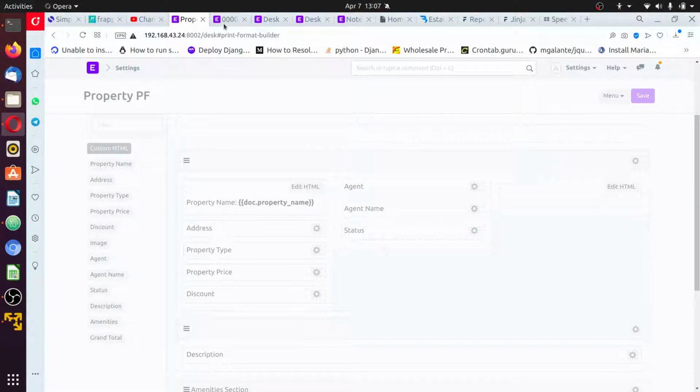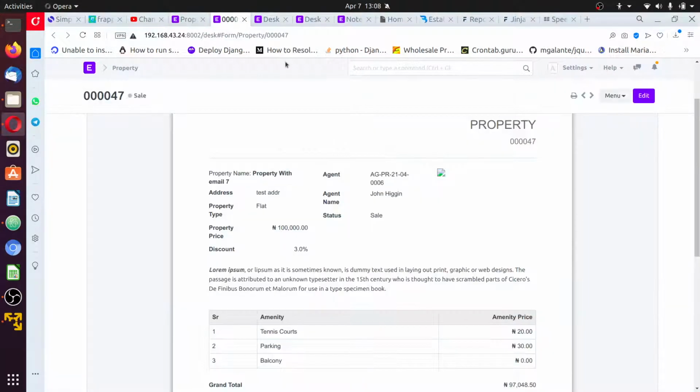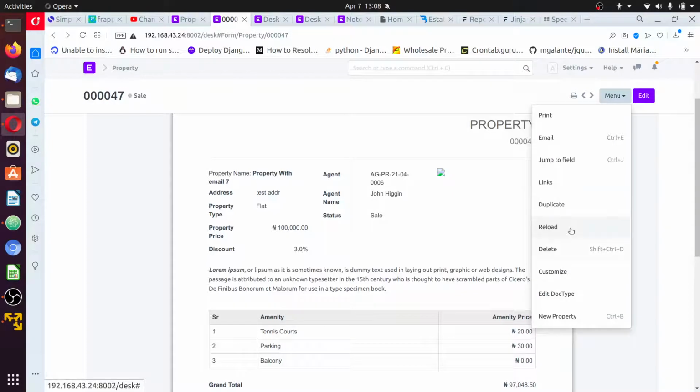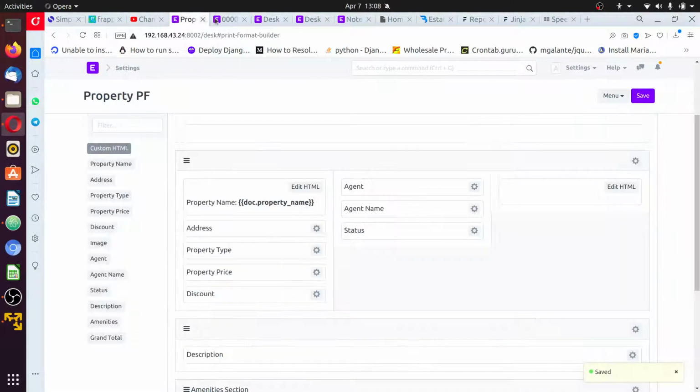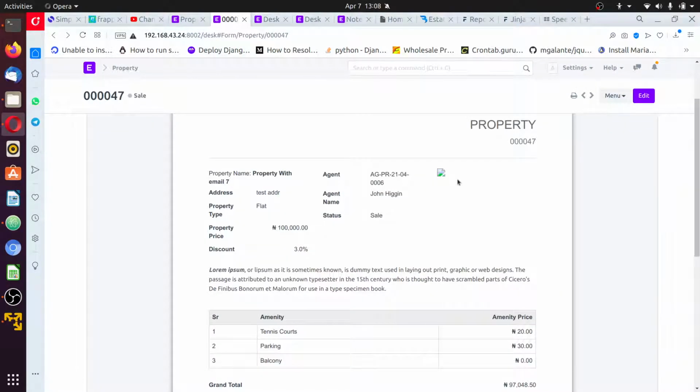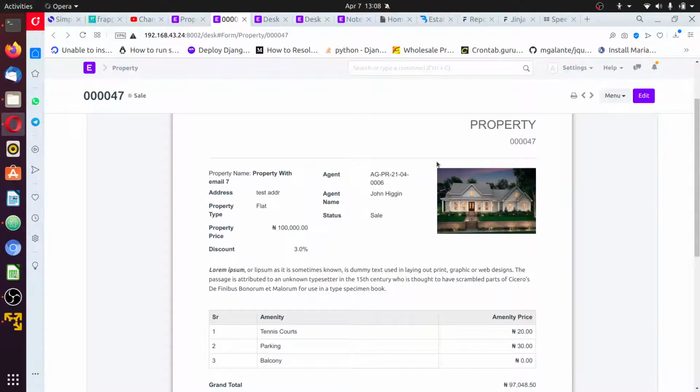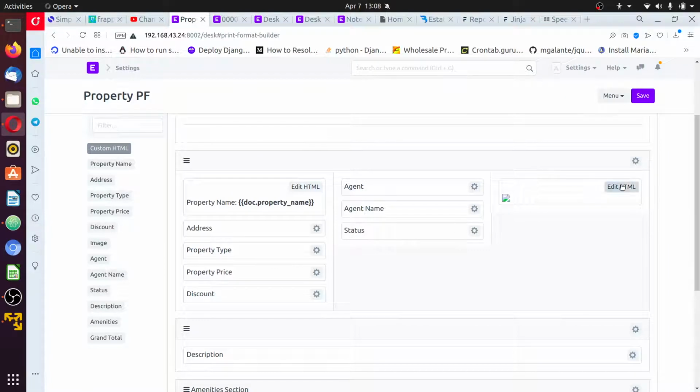Save, reload. I'm sure this has already saved before I reloaded. And if it's correct, the image should display. We have our image displaying, the property image displaying. You can give it a tag by writing